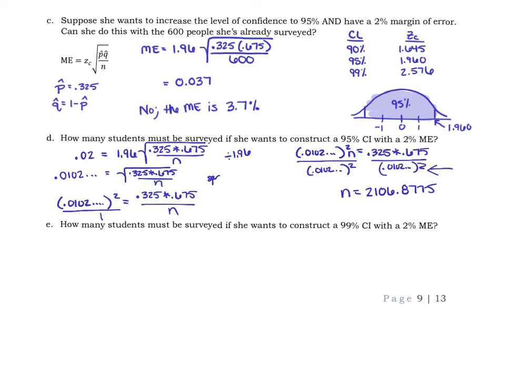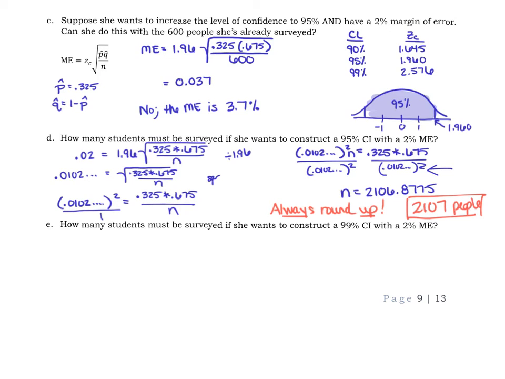And one note here, you're always going to round up. Always round up, because even if we got 2106.2, if you do 2,106 people, that's not enough. So if she wants to have a 2% margin of error with a 95% level of confidence, she needs to go talk to